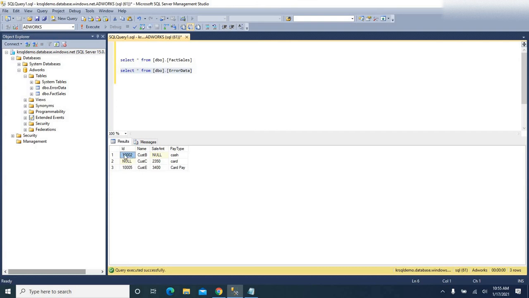All right, see here the second row which has sales amount alphanumeric, it has been loaded. And of course here, as I said, if it couldn't be converted, it will be loaded with null value. And the next row, yes, we had alphanumeric here, so it's also been loaded into error data. And the final record where we had length more than 4, that also has been loaded into error table as error row. All right, these 3 records are treated as error records, and those were loaded into error table.